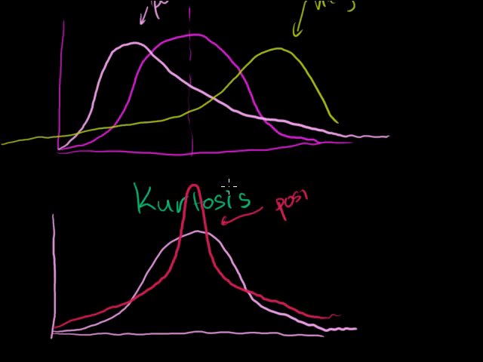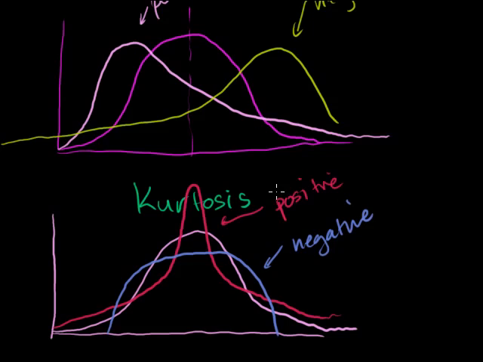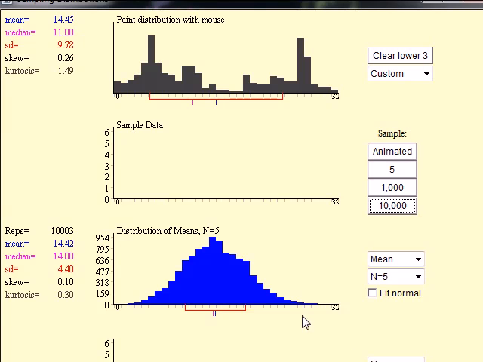So something that has positive kurtosis, depending on how positive it is, tells you it's a little bit more pointy than a real normal distribution. And negative kurtosis has smaller tails, but it's smoother near the middle. So it's like this. So something like this would have negative kurtosis. And maybe in future videos we'll explore that in more detail. But in the context of this simulation, it's just telling us how normal this distribution is.